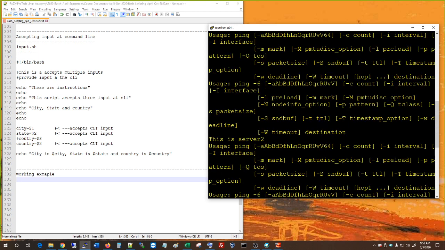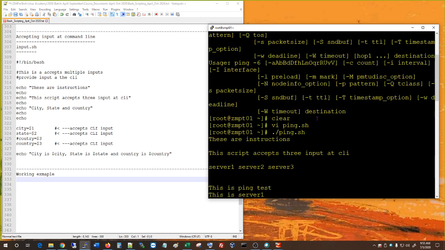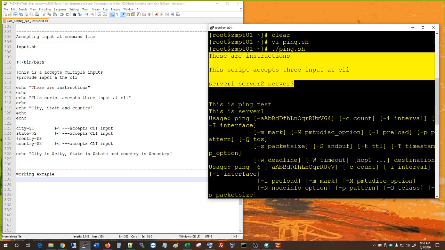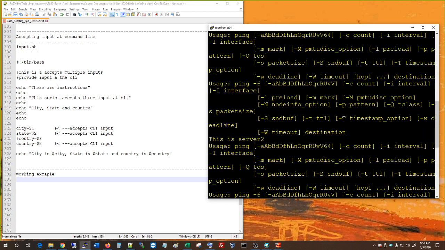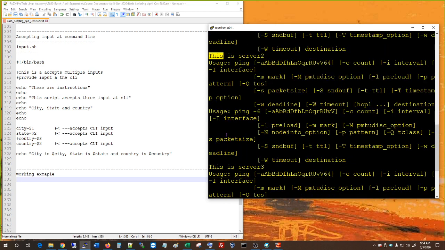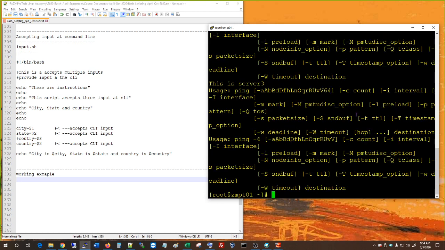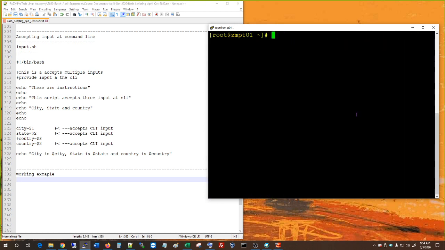So if I scroll up here, it did give me the instructions, and then it's throwing, this is a ping test and the server 1. So it is running it, but it's giving the error message here because the ping is running automatically. So now what we do is